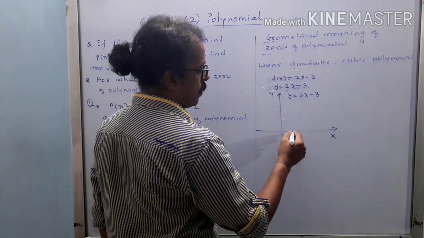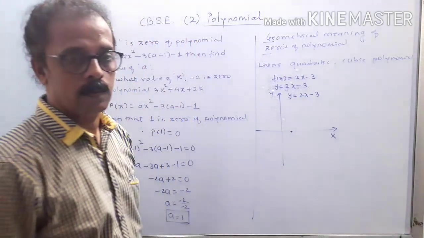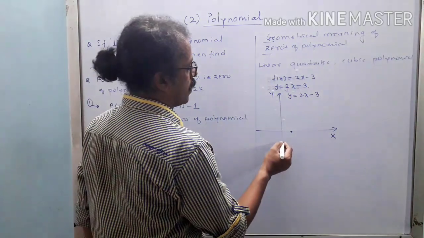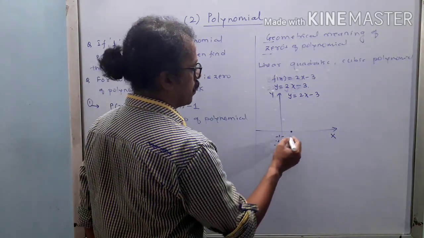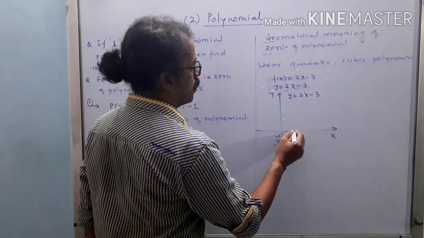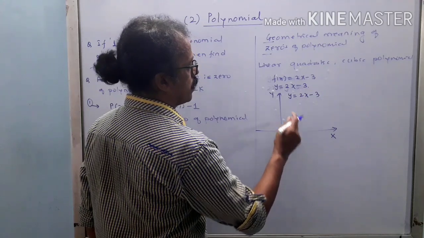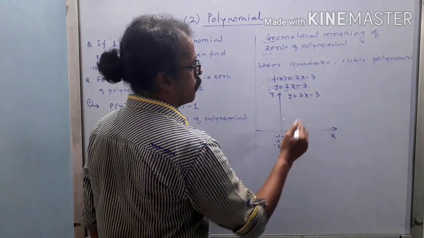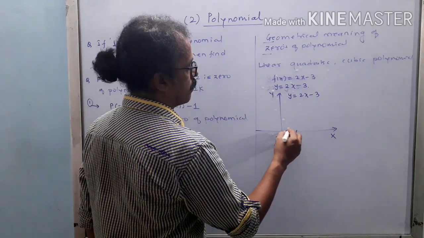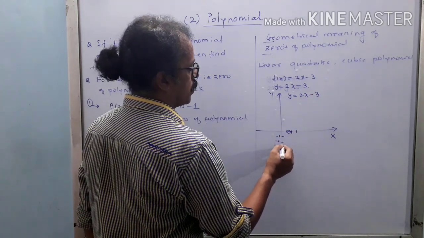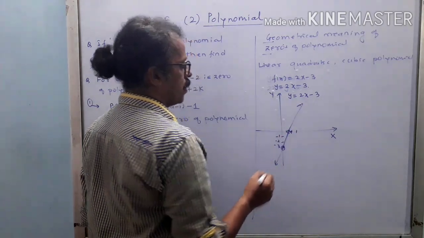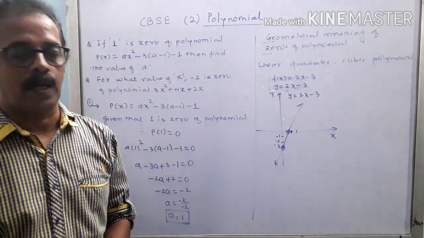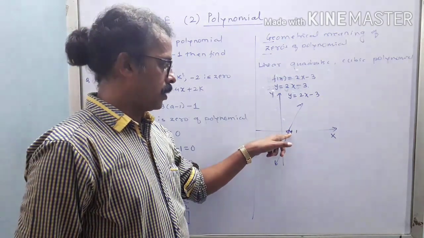So somewhere that line must be cutting over here, okay, and y is equal to minus 3. So this is minus 1, minus 2, minus 3, and here 1, this is 2, and this is 3. So the expression will give you the value 1.5. So somewhere here, and this point is here. So the line is drawn. So my question is, at what value of x is it 0?